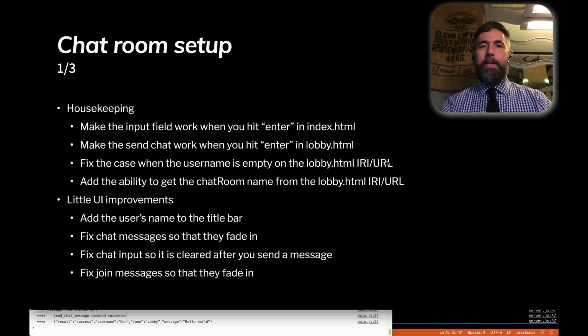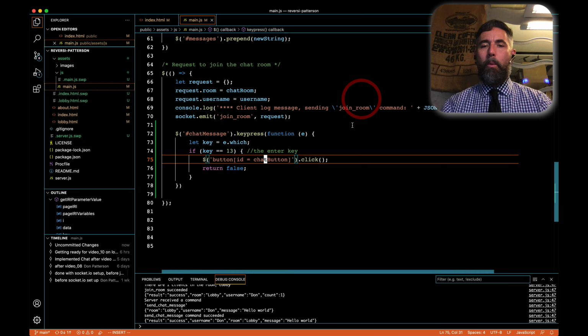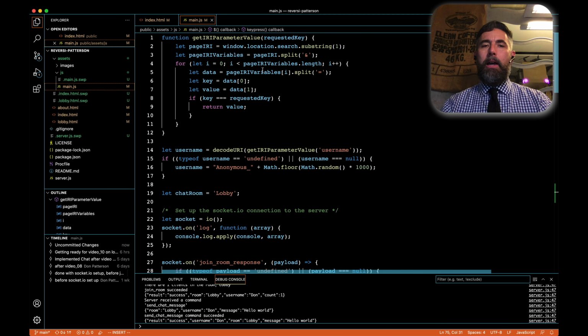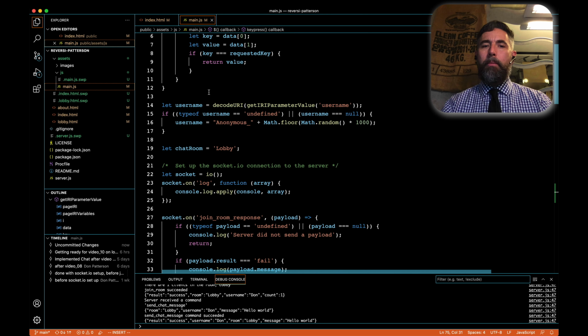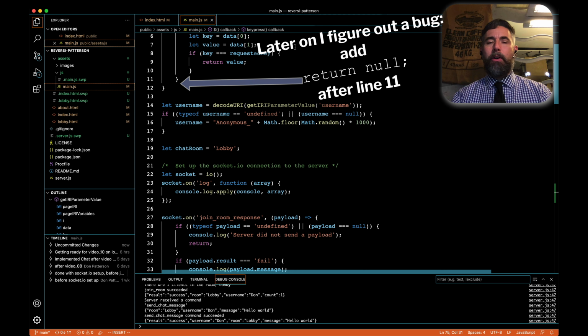The next item we want to tackle is fixing a special case when the username is empty in our lobby.html. So for this, we're going to go to Visual Studio Code and look at main.js again, which is where we were. The place that we need to adjust is at the very top. We have this function that pulls values off of our URL, and then we come down here and actually use it immediately by trying to get the username from our